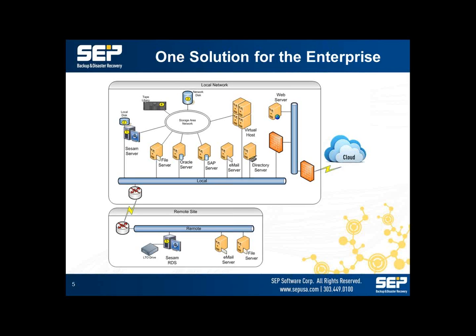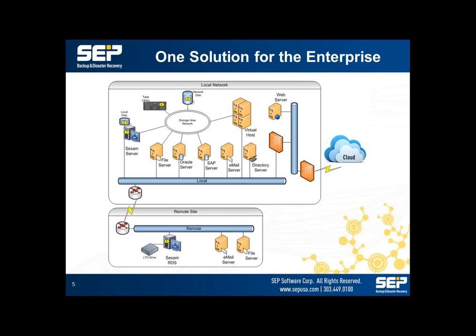Or what we could do is have them directly connected to the SAN and have them do what we call a LAN-free backup, and have them write directly to the SAN over fiber or iSCSI. That's obviously going to keep network traffic off of the LAN. It's also going to give us some performance enhancements in a lot of cases, backing up directly to the SAN. And we can also do this with our virtual environment as well. And when we get into the live demo portion, I think James will talk a little bit more about that, some of the options that we have with writing directly from one LUN to another.